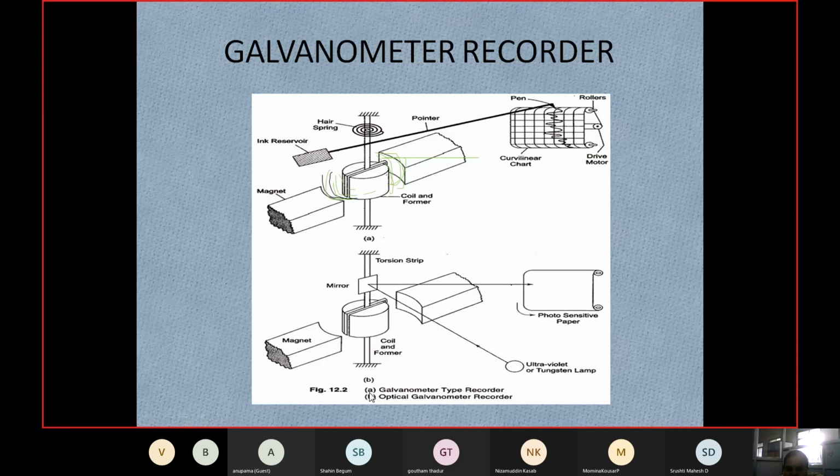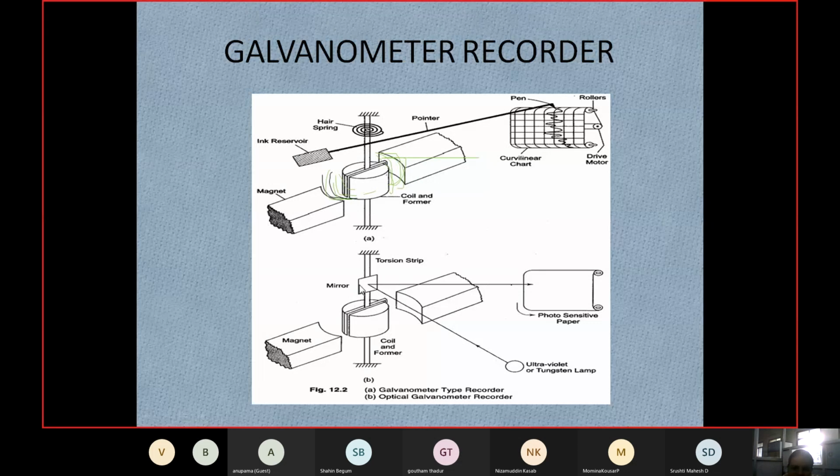One more method is the optical galvanometer type recorder, the second one. Here, instead of the magnetic spring and ink reservoir, a different method is used, that is an ultraviolet or tungsten lamp. Based on the reflection, how much current is flowing, what the magnetic field is, based on the deflection.